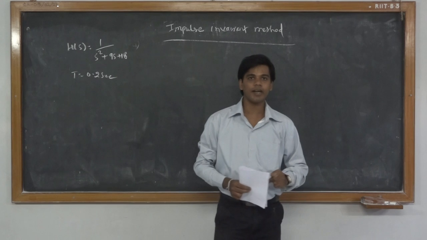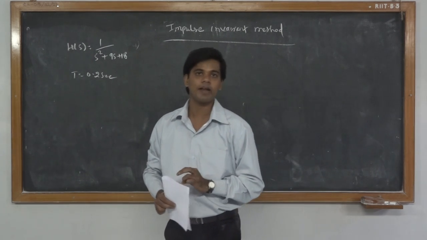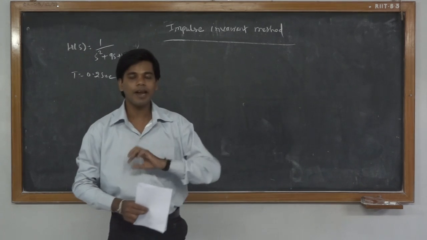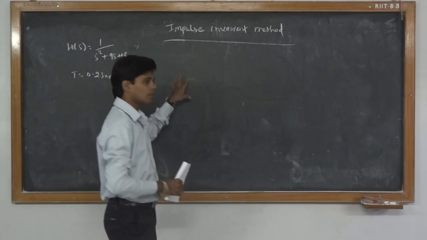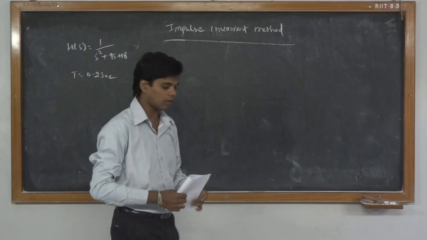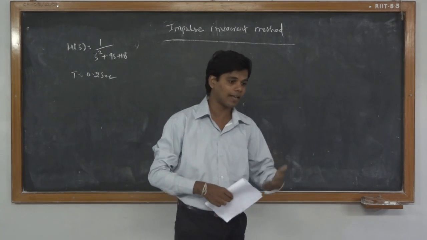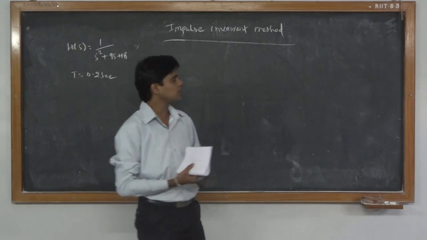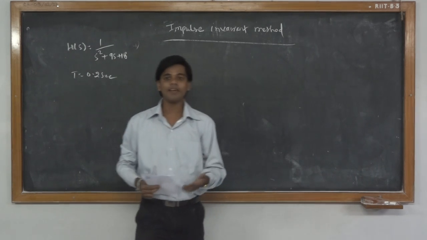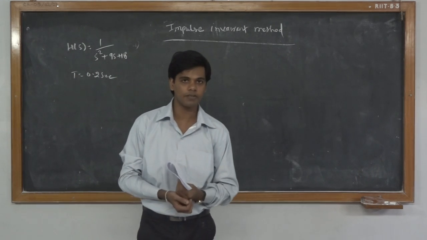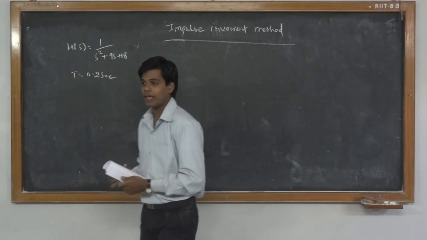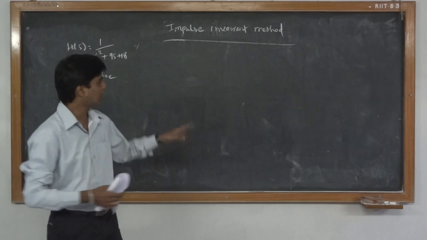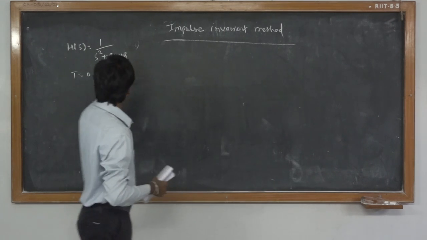So what we are actually trying to do in the impulse invariant method and the bilinear transformation method is design the IIR filter in such a way that we start with the analog transfer function. We start by designing an analog filter that satisfies the given specification, and then we convert it into its equivalent digital filter. Now let us see how these problems are solved using the impulse invariant method, to design a digital filter.